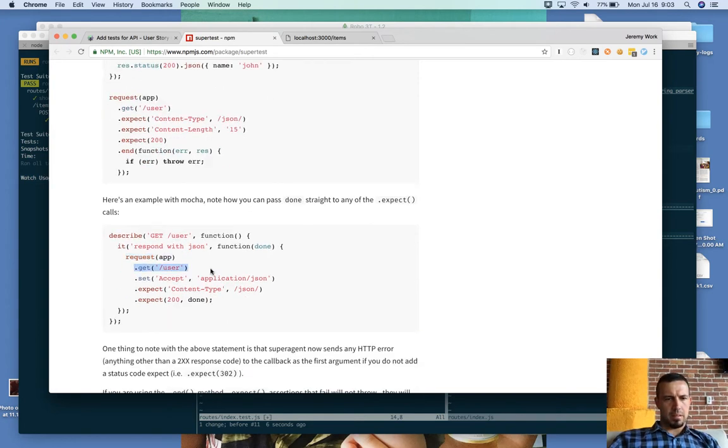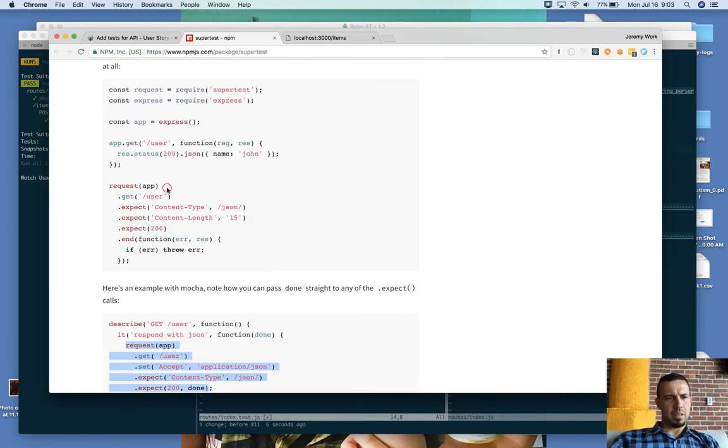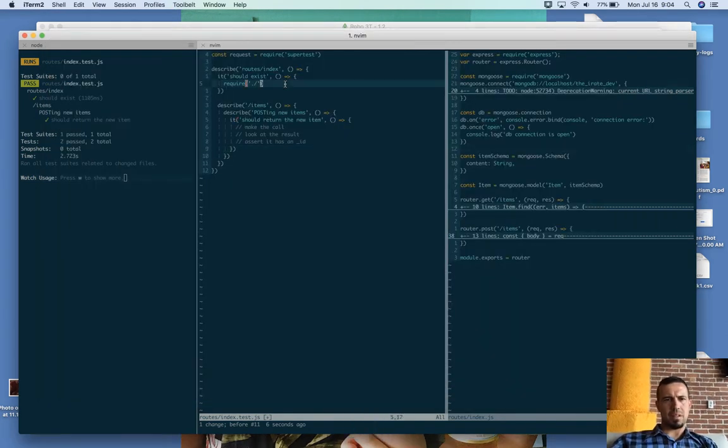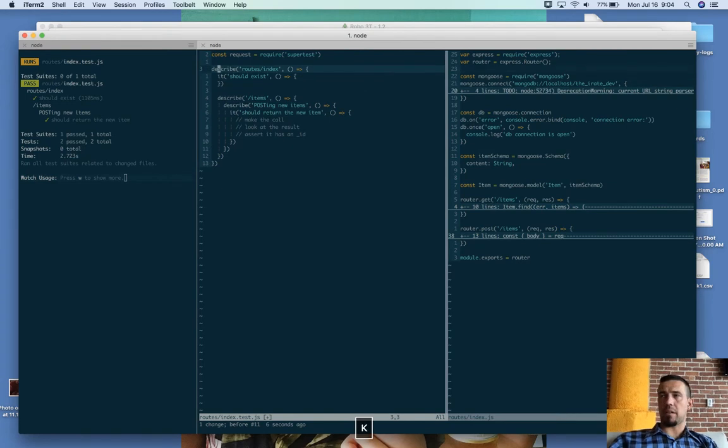Then we're going to be posting in order to make some assertions, right? Anyway, so instead of requiring our app here,